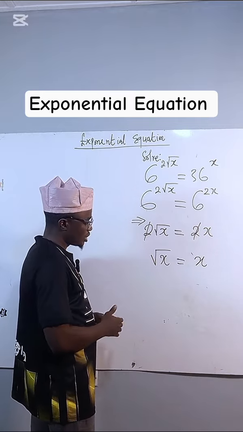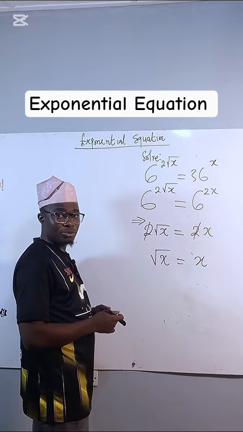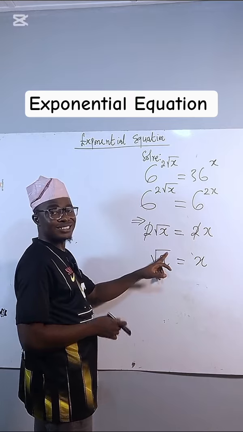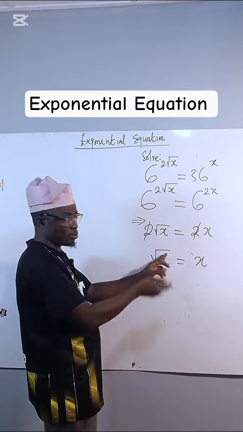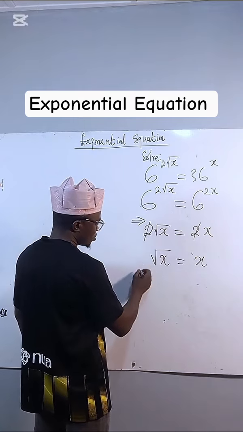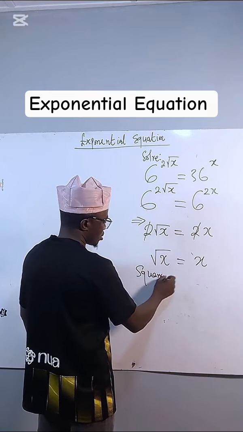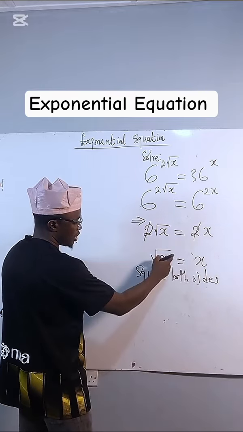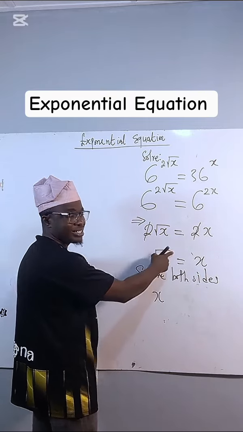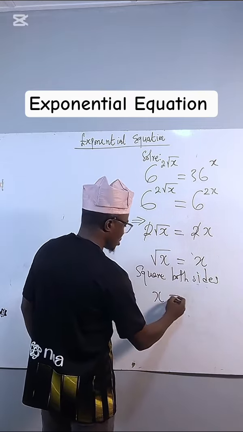Now, what are we going to do from here? What we are going to do here is very simple. We find a means of getting rid of this square root, which shows that we are going to square both sides. So we're going to have x here, because the square cancels the square root, then equals